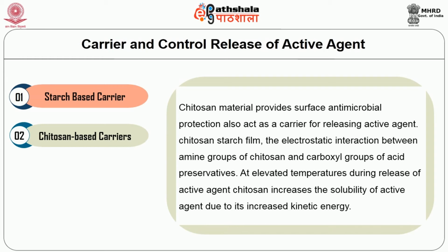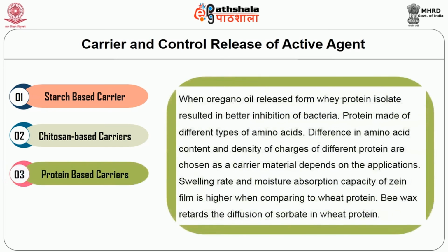At elevated temperatures during release of active agent, chitosan increases the solubility of active agents due to its increased kinetic energy. Protein based carriers. Oregano oil released from whey protein isolate resulted in better inhibition of bacteria. Proteins are made of different types of amino acids. Differences in amino acid content and density of charges of different proteins are chosen as a carrier material depending on